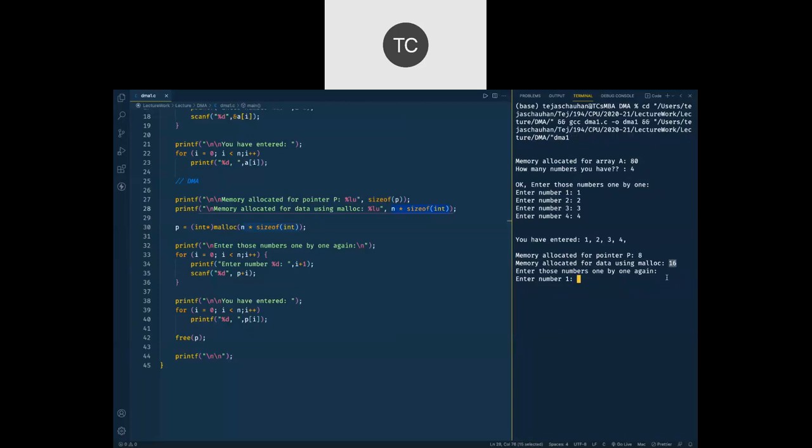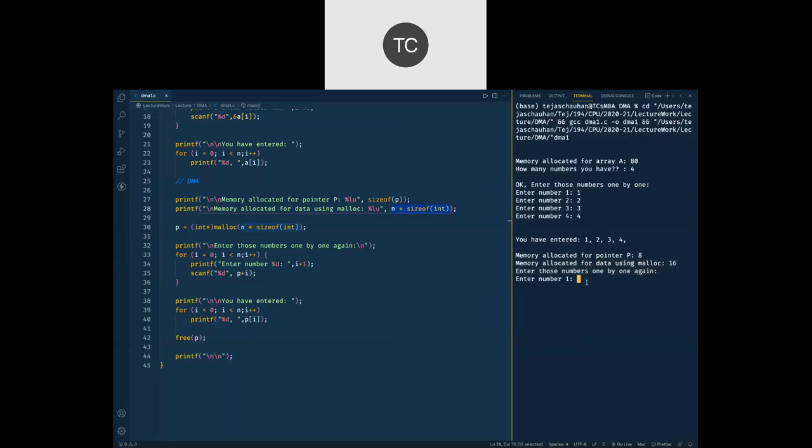So total how many bytes? 24 bytes you have been allocated. 8 bytes for the pointer variable and 16 bytes to store your actual data. Total 24 bytes have been allocated. Now look, 24 bytes is much less than 80 bytes. So instead of going for 80 bytes allocated, we should go for 24 bytes. And still this program will work perfectly.